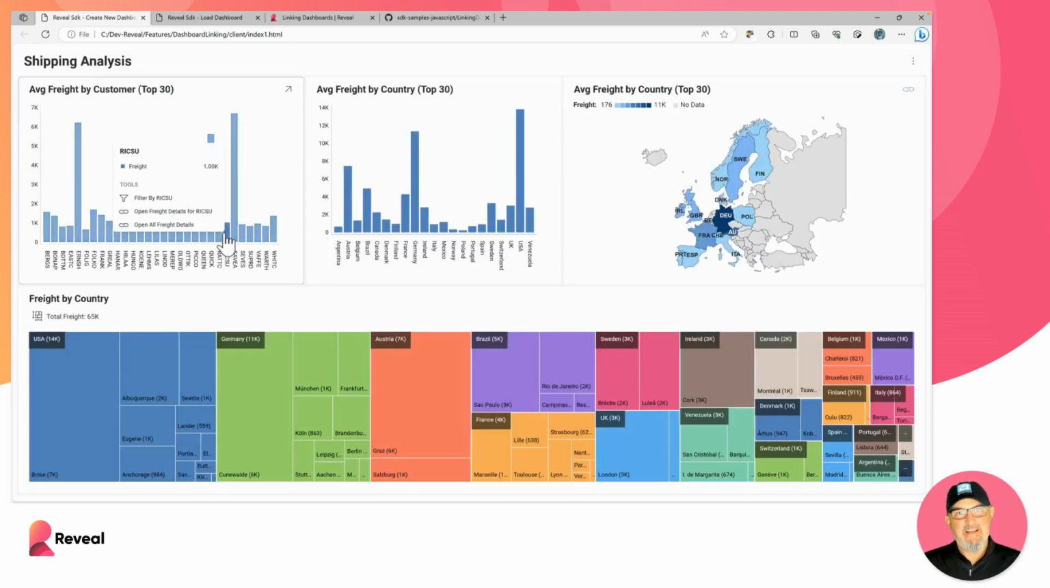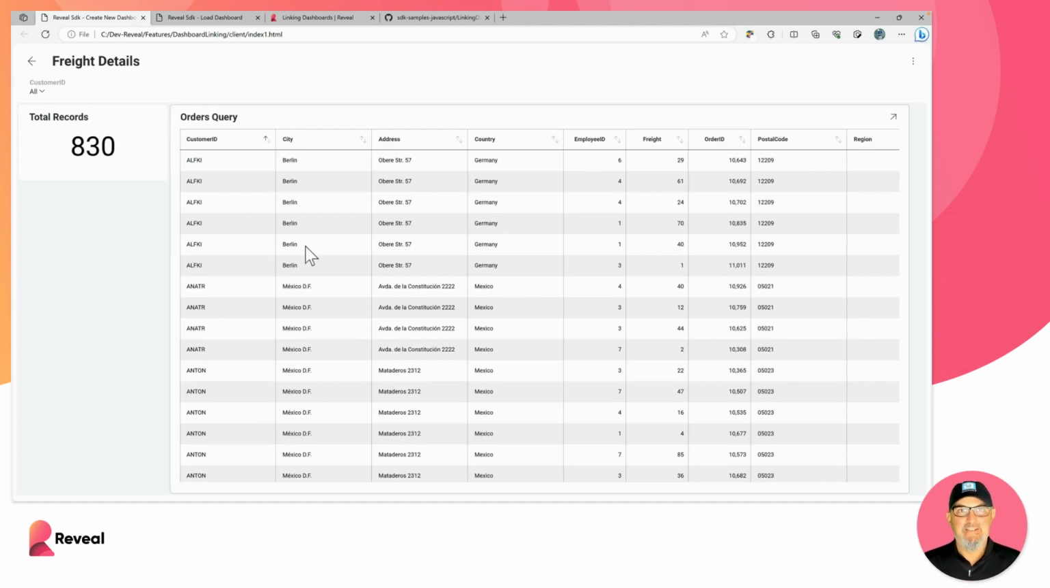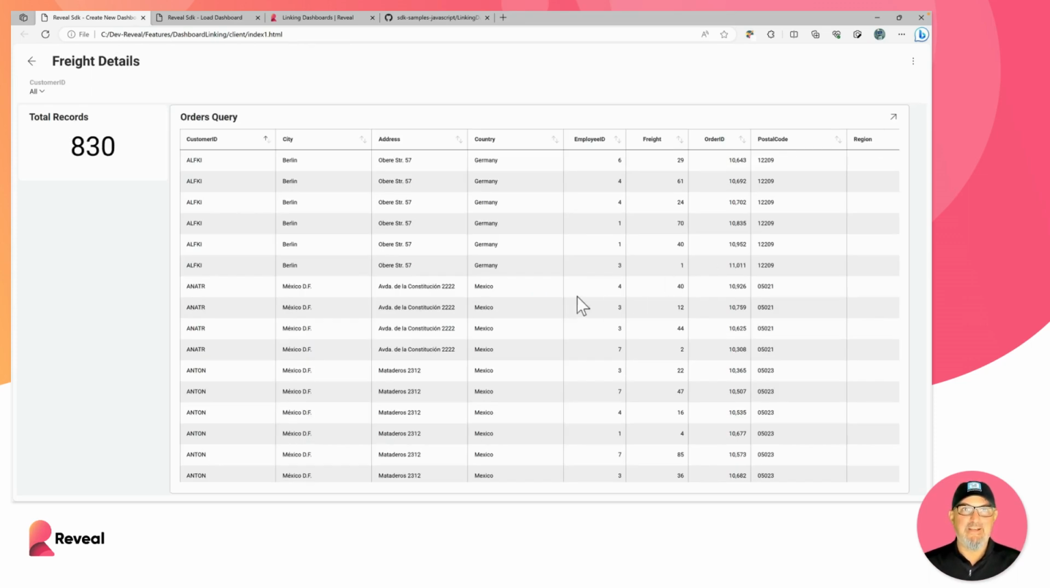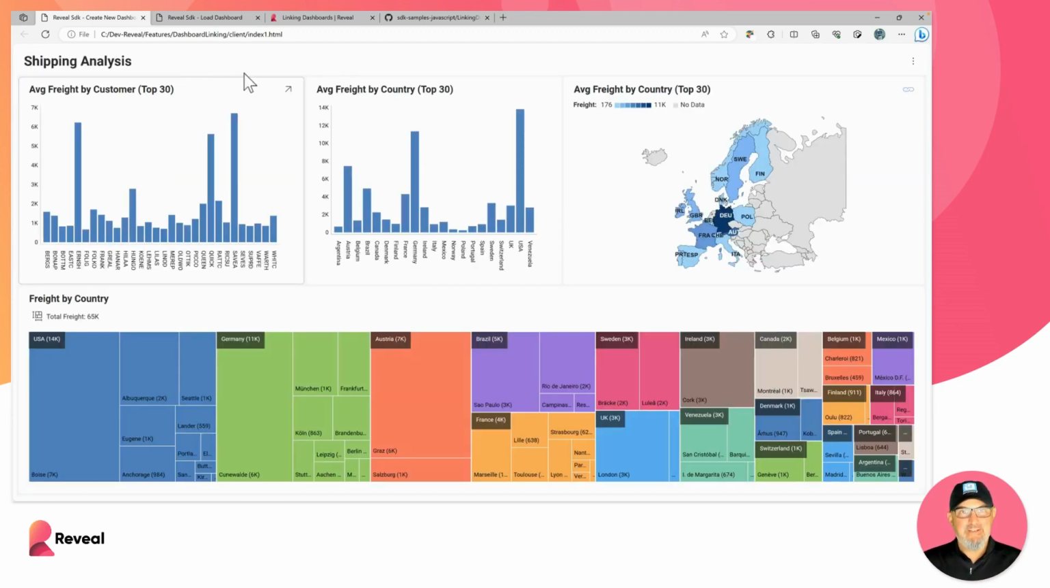If I click back, and on any of these, I just say open all freight details, this gives me all 830 rows. And if I go to my average freight by country, instead of the maximize button here, I have the link button. And when I click the link button, it just takes me directly to the freight details dashboard, which has all 830 records. So this is how easy it is to create a scenario where you can view the underlying data through dashboard